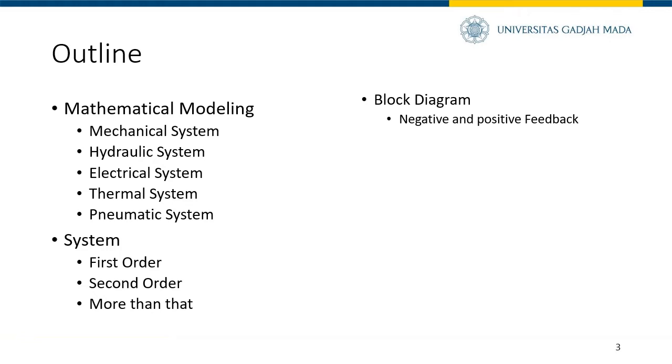And this is the outline. What will you learn in system modeling here? The first one is we will give you several examples about mathematical modeling, including mechanical system, hydraulic system, electrical system, thermal system, and pneumatic system. And then we will also learn about several definitions of the system based on the obtained transfer function. We will have first order, second order, and more than that. And also the block diagram. We need to know how to make a block diagram from ordinary differential equations,